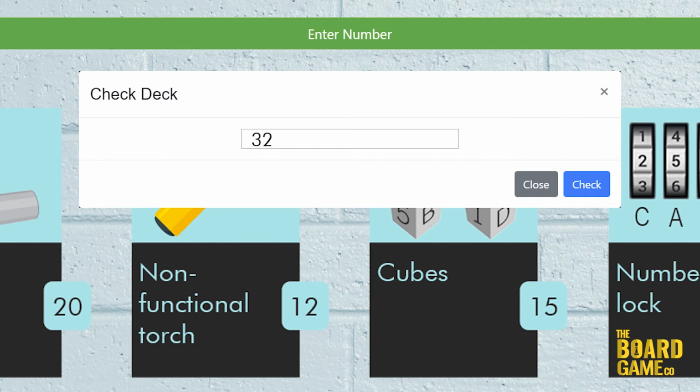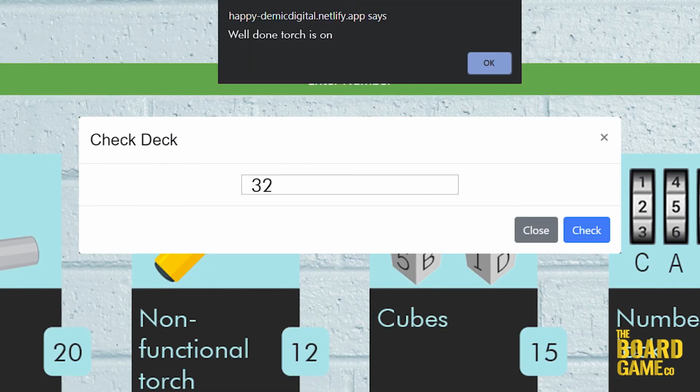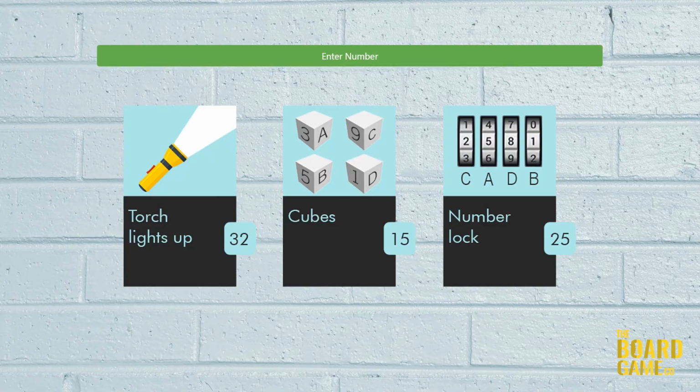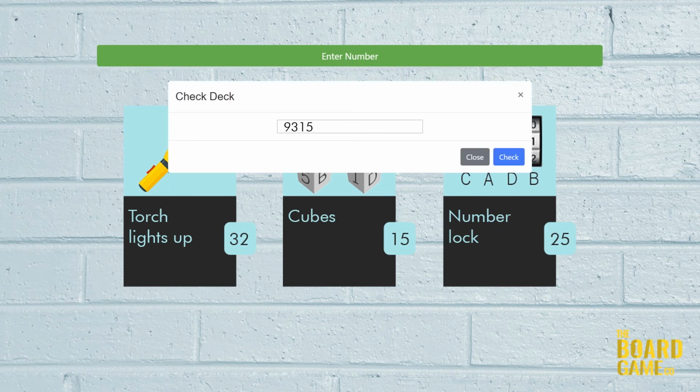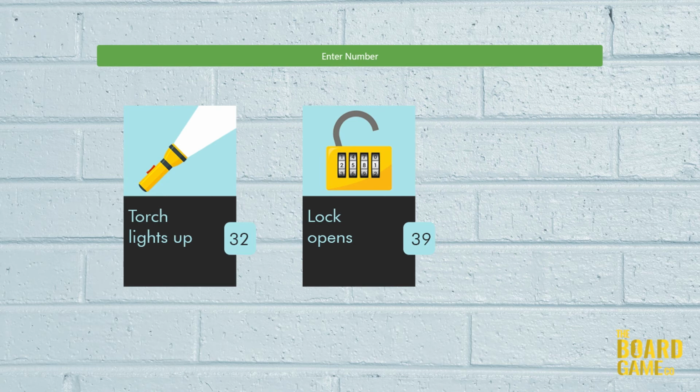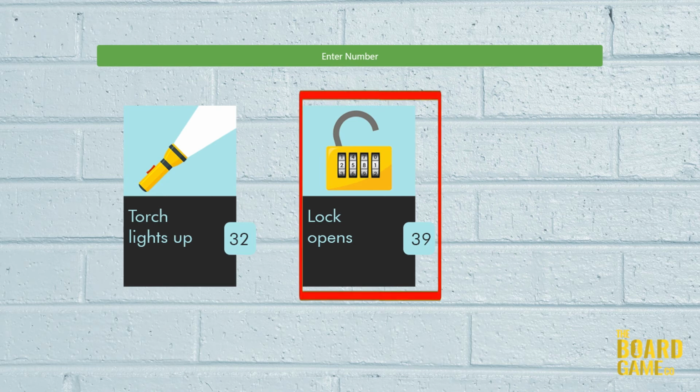If your interaction and the input number is correct, you will see the result of your interaction. For instance, the torch lights up in this example. Second action is, during the game you will come across a lot of electronic devices, objects, locked doors, etc. If the description of the object says you need to find a 4-digit code to unlock an object, and if you can figure the 4-digit code out, simply punch in the correct 4-digit code in the enter number box. If the code is correct, the object will automatically unlock itself.